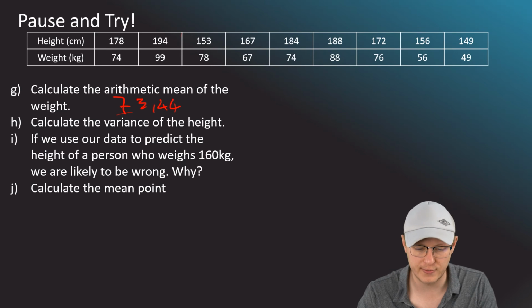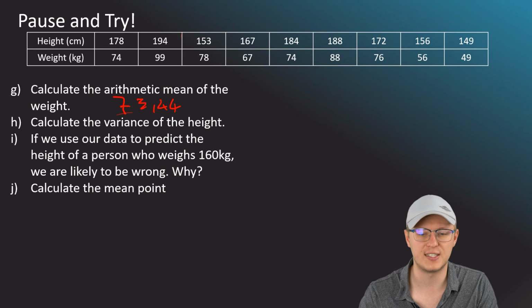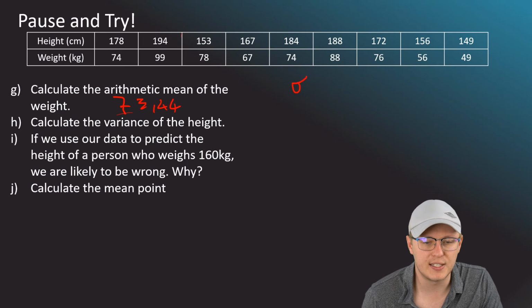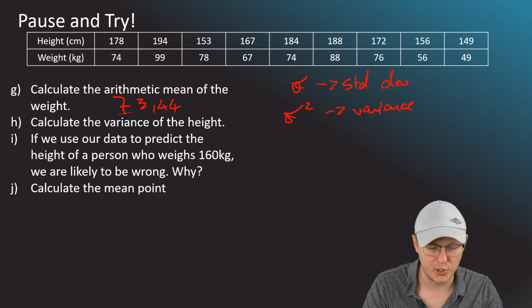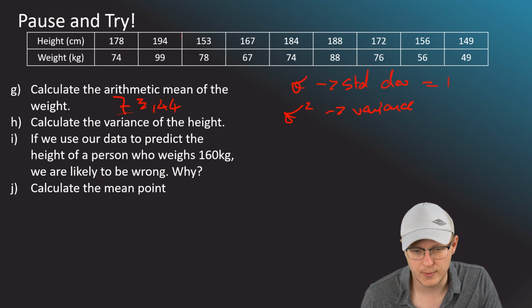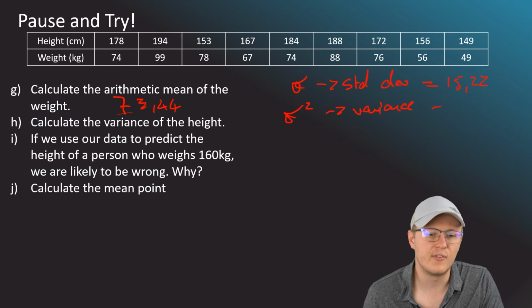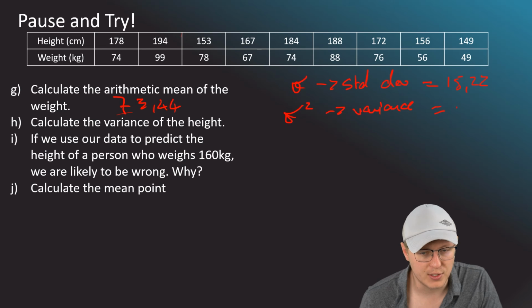Then we've got to calculate the variance of the height. So now I'm going to go shift stat again, and in order to find the variance of the height, I'm first going to find the standard deviation. So remember that sigma is the standard deviation, and sigma squared is the variance. If I select this option 3 here, I get sigma x. So the standard deviation of x, the height, is 15.22. Then in order to get the variance, I'm simply going to square that value, and I'm going to get